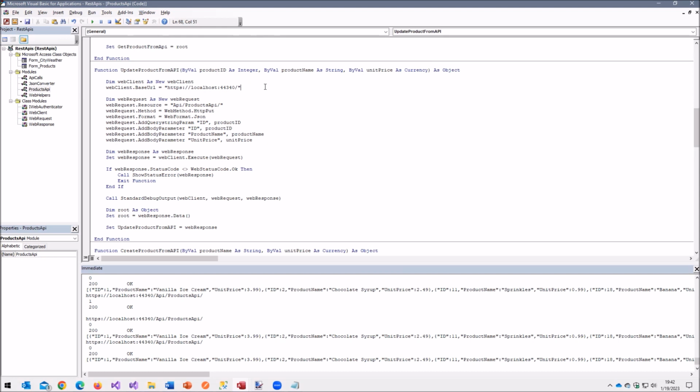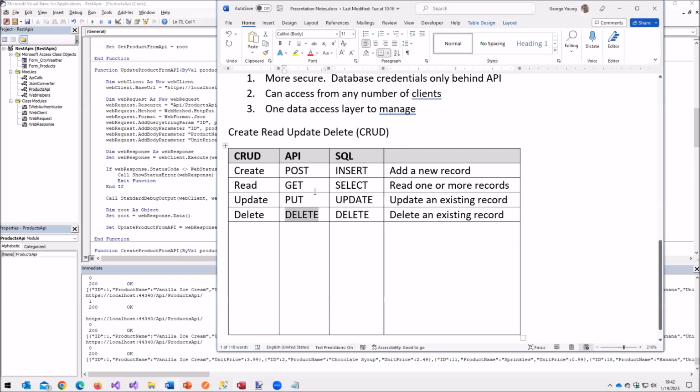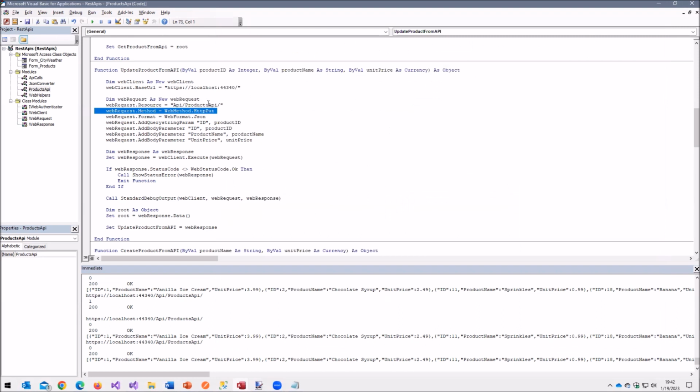So everything else, look at this: web client, web base URL, web request, API products API, HTTP put. Again, back to our grid, a put is an update. So we're updating an existing record with a put. Creating a new record is a post, sorry about that. Updating, it's a put. So HTTP put, web format JSON.